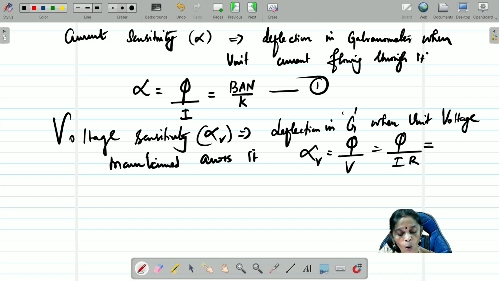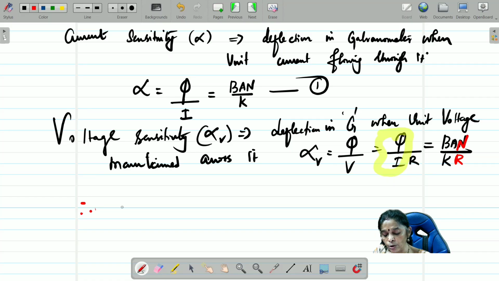But phi by I is already known by you. So you can simply write it as NBA by K into R. Now you notice, children, it depends not only on N, it also depends upon R. So therefore you can conclude that increasing current sensitivity